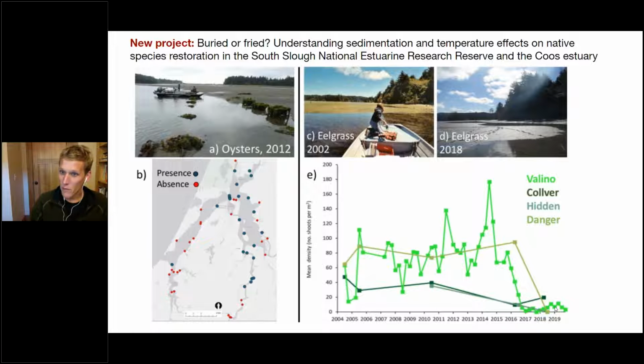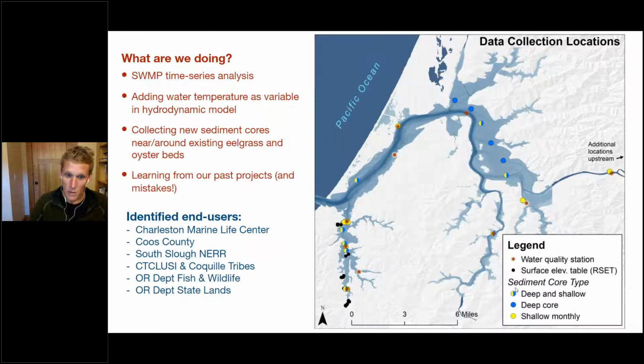But that die-off isn't uniform across the estuary. And so I think we're able to use this as a natural laboratory to ask some questions about what's causing die-off in eelgrass and what's causing the presence or absence or success of oyster restoration. And so to do that, we're doing a bunch of things that are building off of this current project